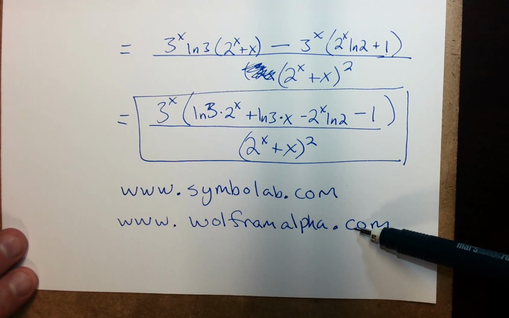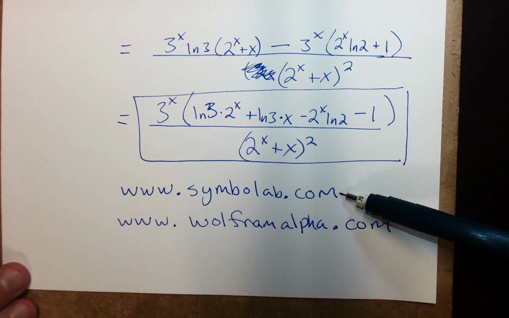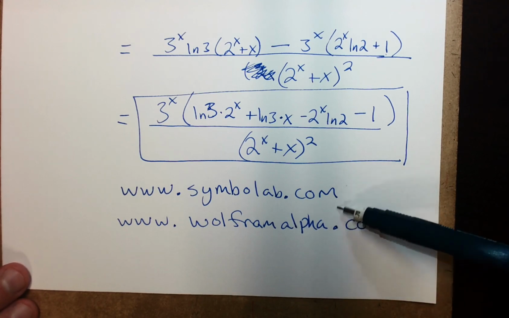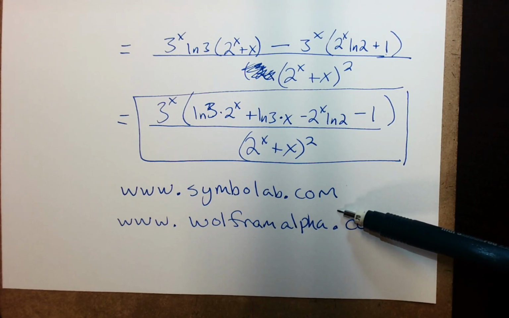Now, both of these sites will let you have the computer calculate derivatives and stuff symbolically for you. Symbolab will show you work, like for the product rule and that kind of stuff, whereas Wolfram Alpha just gives you the final answer. You shouldn't use these to do every problem on your homework, of course, but your homework